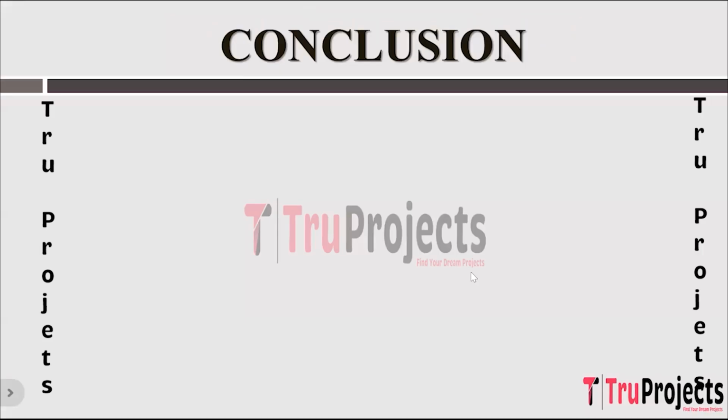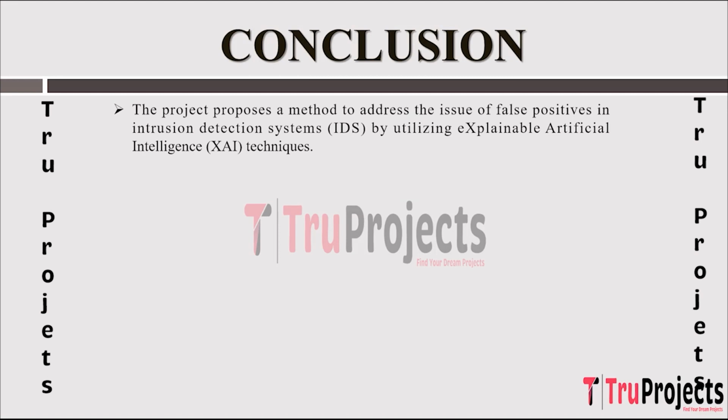The conclusion of the project is this project's core strategy revolves around leveraging explainable artificial intelligence XAI methodologies. XAI techniques offer transparency and insights into how an intrusion detection system IDS arrives at its decisions. By utilizing XAI, the project seeks to understand why false positives occur within the IDS, aiming to rectify these instances